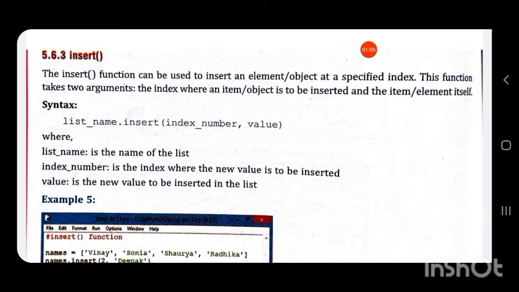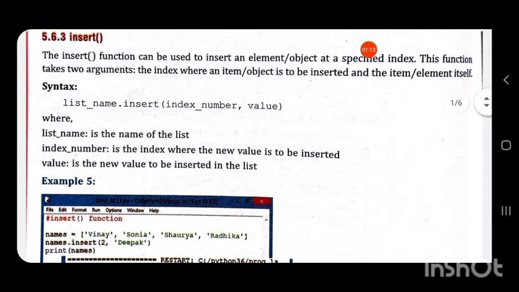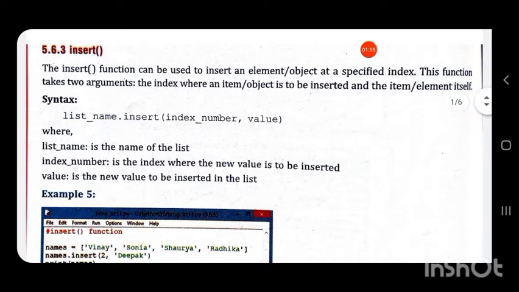Last class we discussed the extend function and append. Now the next function is the insert function. The insert function can be used to insert an element or object at a specified index.